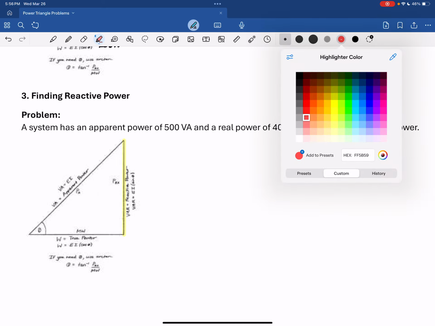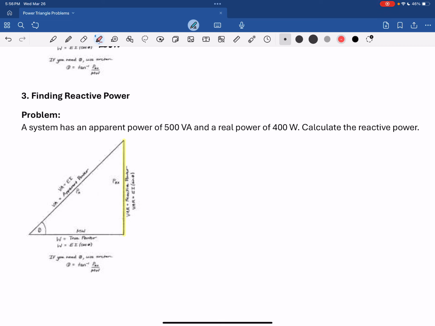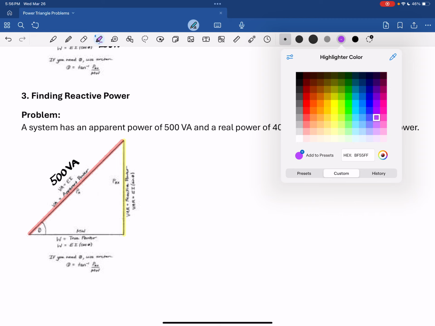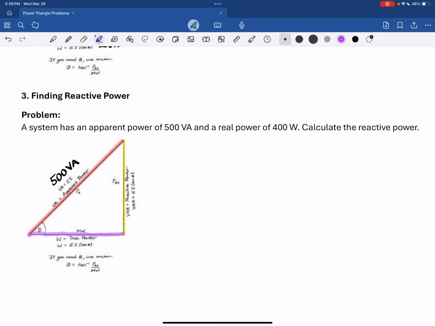Again, that is just an arbitrary color that I've chosen because I like it. So we have apparent power of 500. A real power of 400 W. So this is purple. And that value is 400